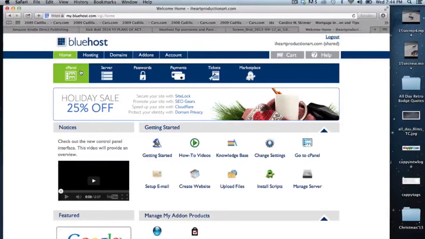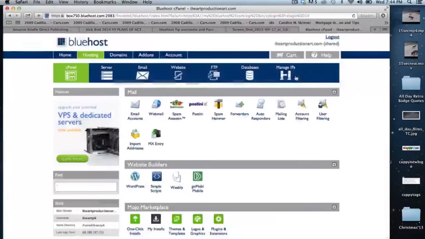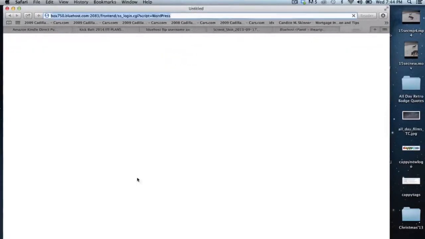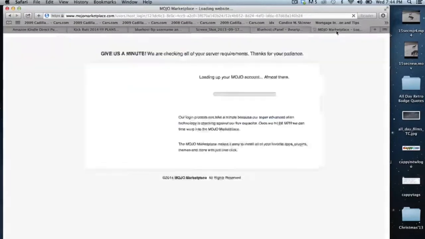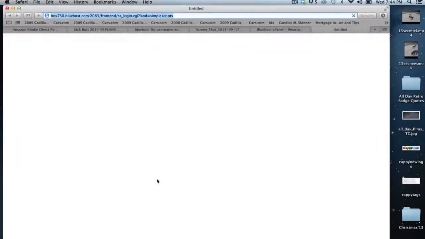And basically what we need to do, we need to install WordPress on our website with the domain pointing to it. So I'm going to click on Simple Scripts. Simple Scripts is going to help us install WordPress on our